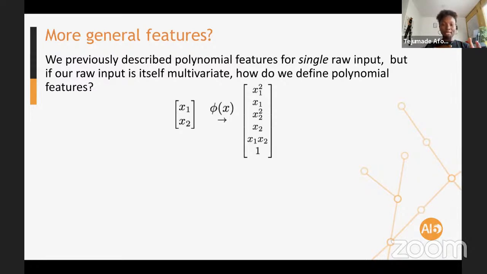So we would have x1 squared, x2 squared, and then the relationship between x1 and x2. Instead of having just 4 features, x1 squared, x2 squared, x1, x2, we would have 5 because of this interaction between x1 and x2.